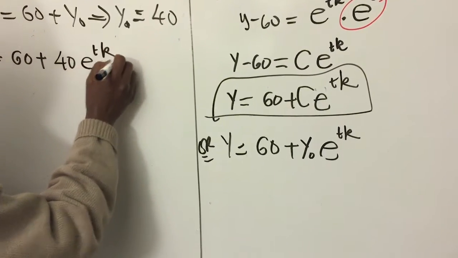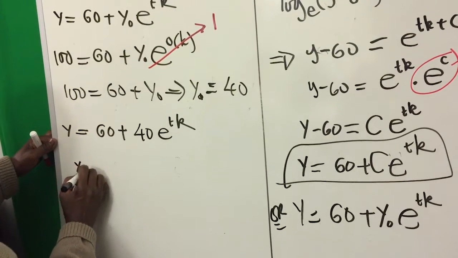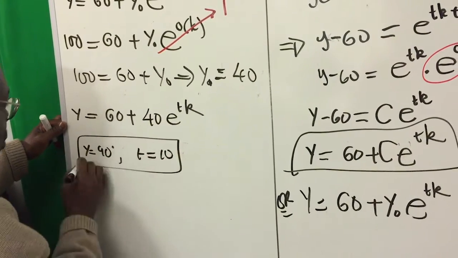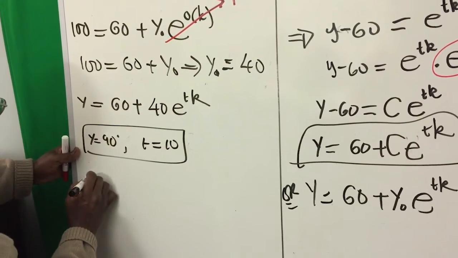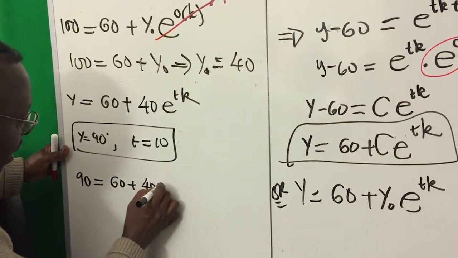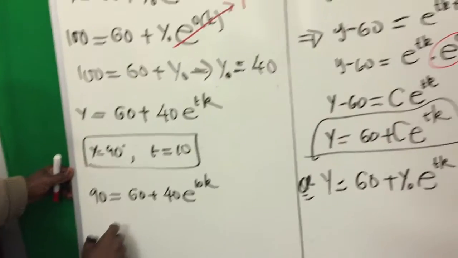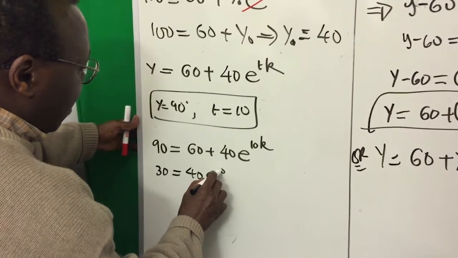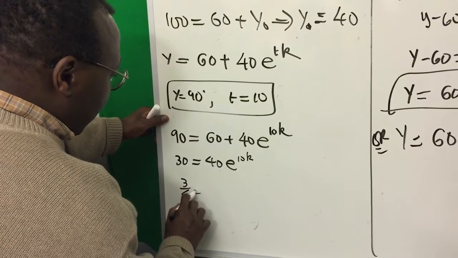tk. Now remember, the temperature falls from 100 to 90 degrees. So this is y is 90 degrees after 10 minutes. We substitute this for y and 10 for t to get 90 is 60 plus 40 e^(10k). Now we subtract 60 to get 30 is 40 e^(10k). Divide by 40 to get 3/4 is e